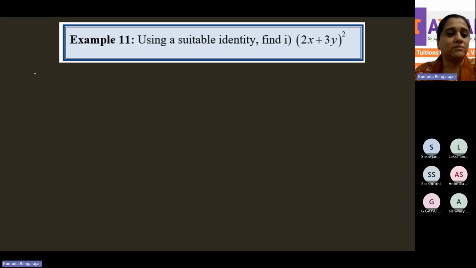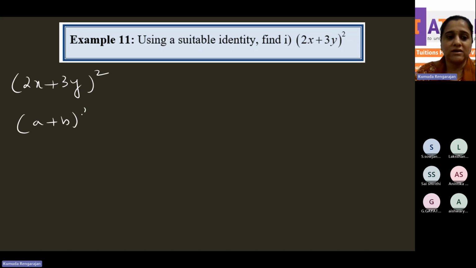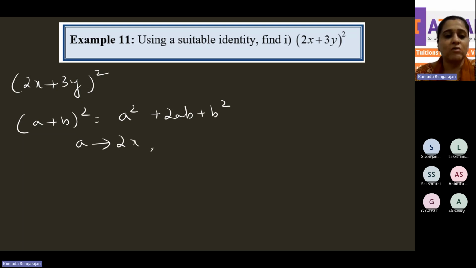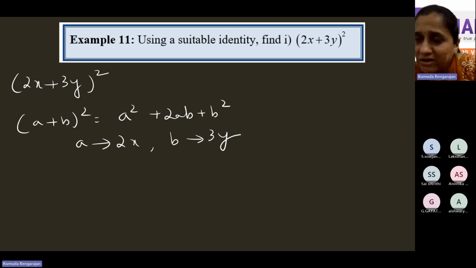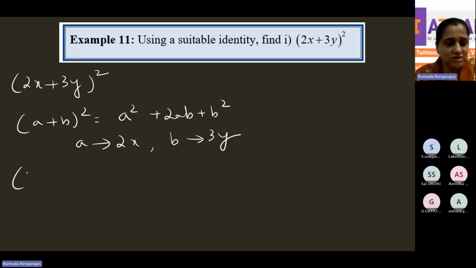Okay, now how do we present the answer? The given question is 2x plus 3y the whole square. So this looks like (a plus b) the whole square, which expands to a square plus 2ab plus b square, correct? What is a here? 2x. And what's b? 3y. So if the question is (a plus b) the whole square, the answer is a square plus 2ab plus b square. But if the question is (2x plus 3y) the whole square, then what will be the answer? Instead of a square, it will be (2x) the whole square